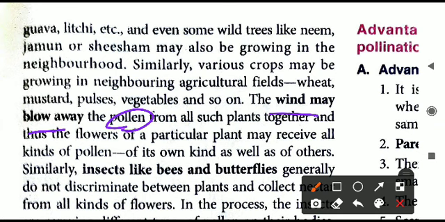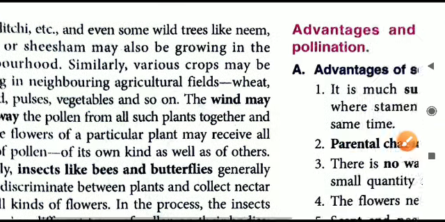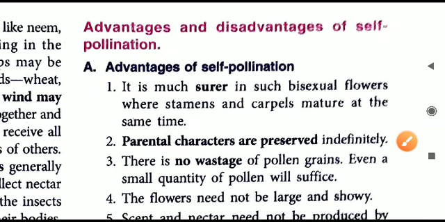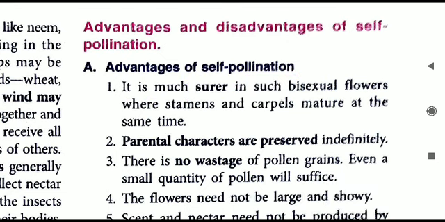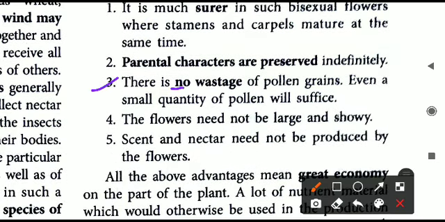So that is what I said, a large number of pollen grains are released. If pollen grains are blowing in the wind, they may go anywhere. There is almost very little chance of them landing on the exact plant species which is required for pollination. So in that case, pollination chances are very less. But in self pollination, no need of such processes to take place. In the same flower only pollination is taking place, therefore it is very sure that pollination will take place, and there is no wastage of pollen grains. Even a small quantity of pollen grains will suffice.